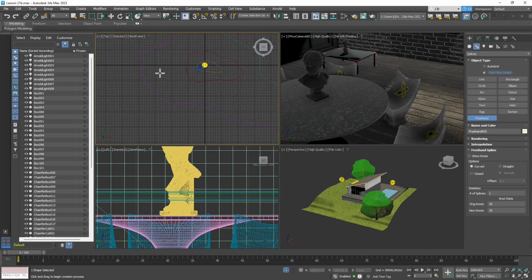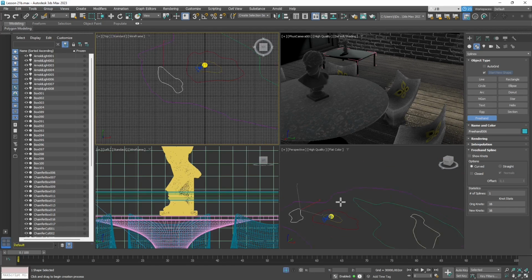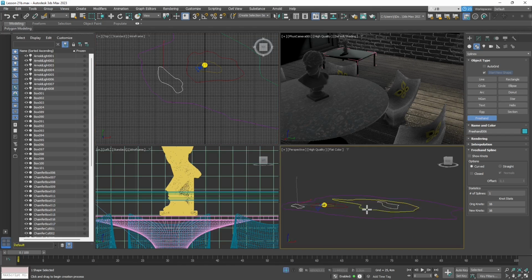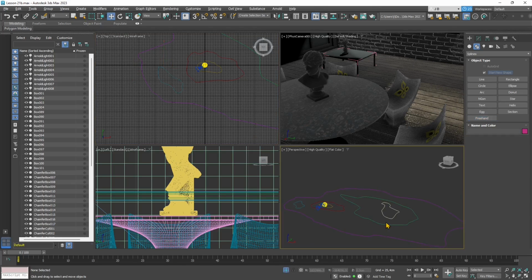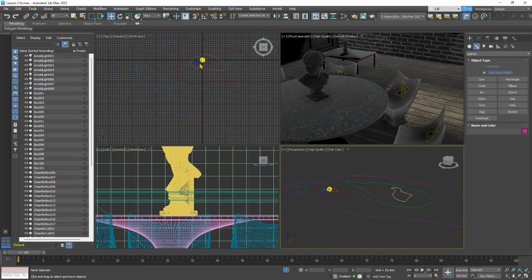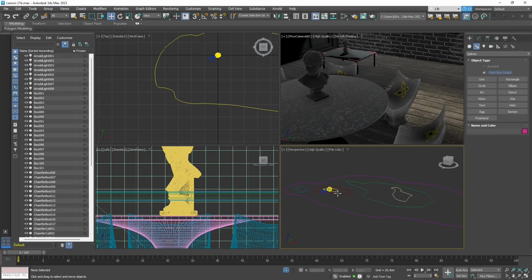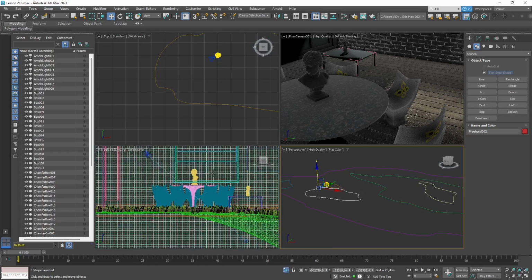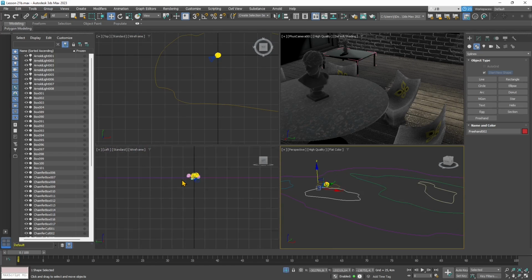So as in Skyline, I am creating here some hills and some mountains. So you can see I've created with the freehand splines some of these curves, but again, you can import them using Google Maps and SketchUp. You will find also a video guide in the channel of how you can create these curves using SketchUp and Google Maps. Just search it, and if you don't find it, just